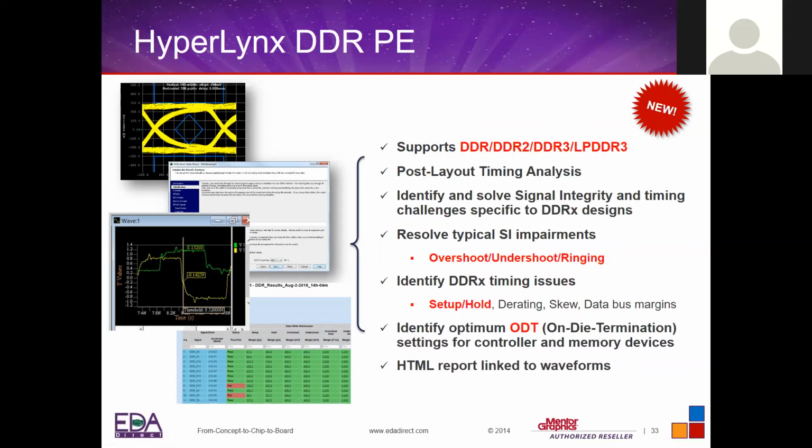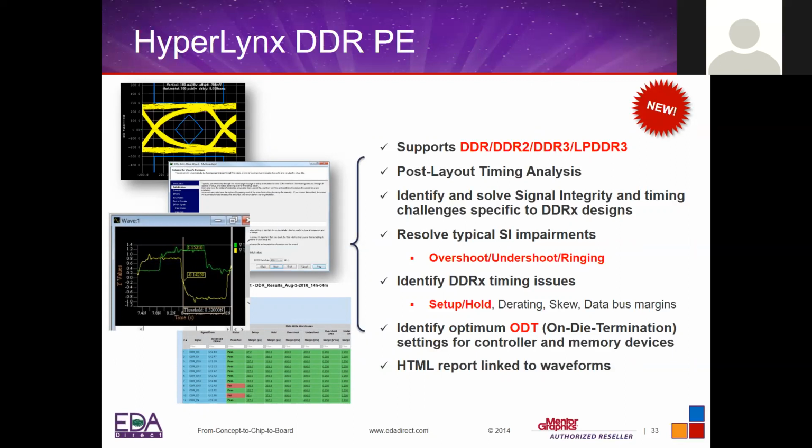You may or may not be aware of this, but in the DDR subsystem, it's not just setup and hold, and overshoot and undershoot. It's not just that. JEDEC defines additional parameters that you have to meet if you want to say I am JEDEC compatible. So things like the symmetry of your differential pair, your clock signal, for example, it has a positive and a negative signal. The strobe has a positive and negative signal. These do not necessarily transition and cross over at the same time. These might be skewed because of the routing between the plus and minus, because you have different vias, number of vias on the plus and minus. There's a skew, and JEDEC defines the maximum skew, for example,